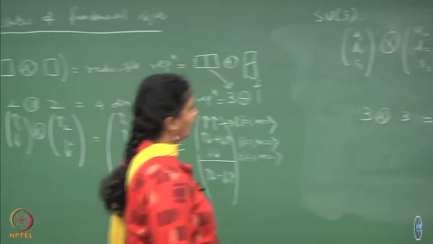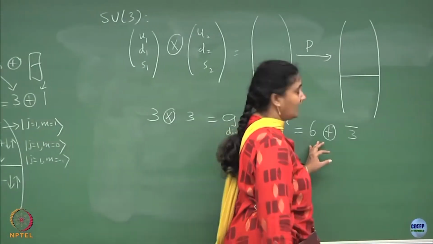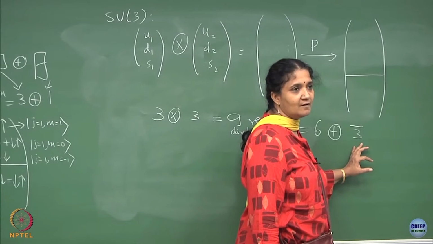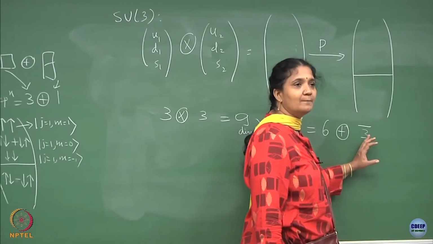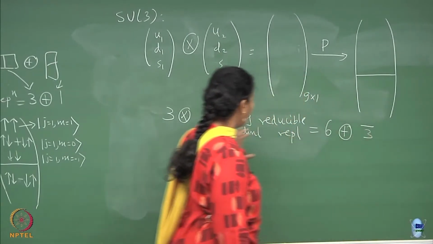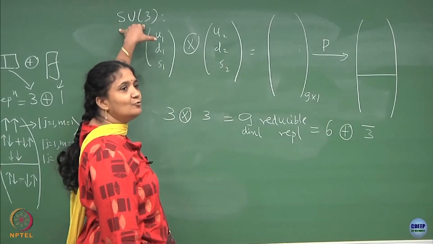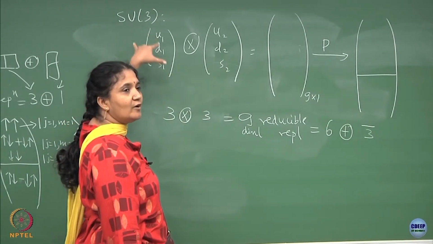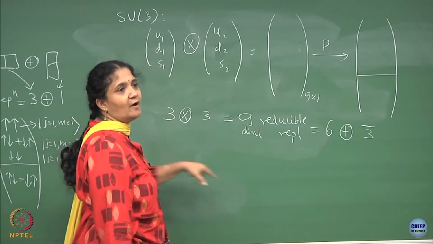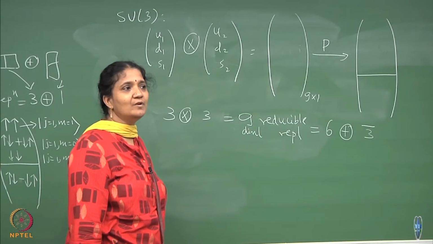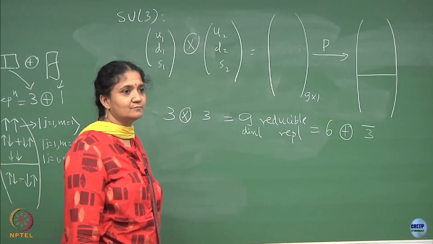Fine. So, this breaking up can also be done by using the CG coefficients. I am not going into the CG coefficient part, but I did indicate how SU3 can be seen as 3 SU2 subalgebras, and you can do the ladder operation and figure out the coefficients, just like the way you did in SU2 in a quantum mechanics course. Okay.